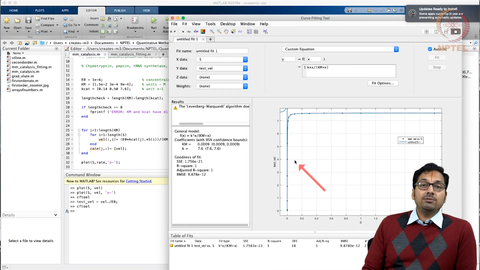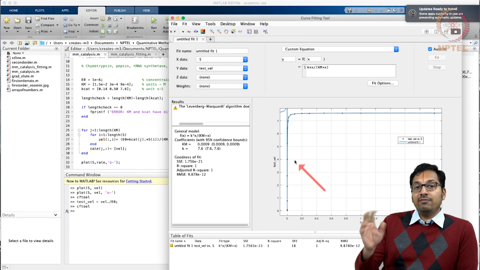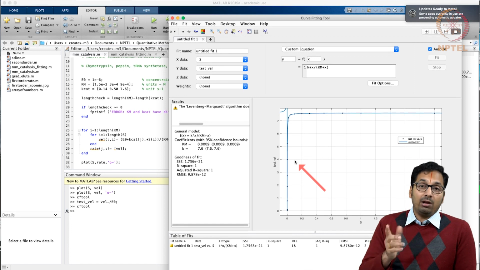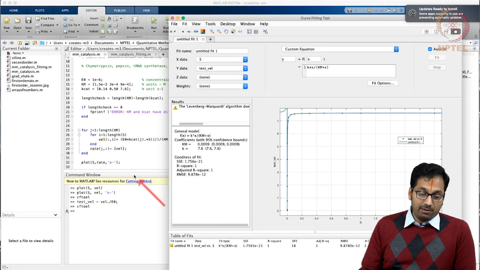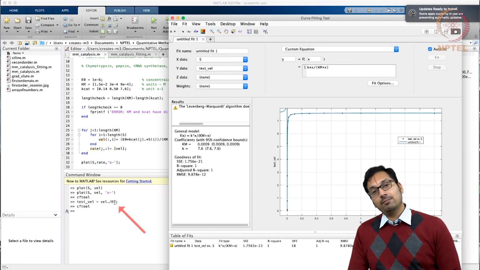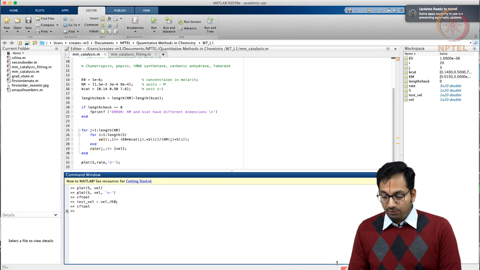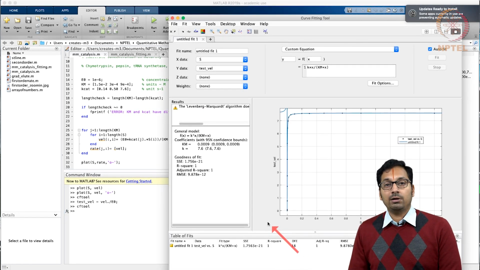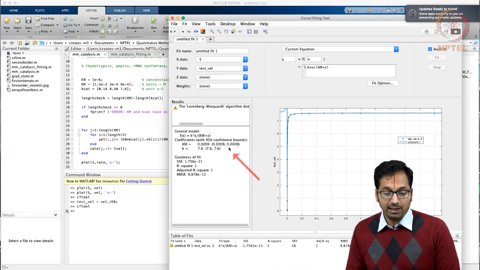So one has to be careful when you are having a fit that is a product of two different numbers that you are trying to figure out, and if one of those numbers is already known, it's a smart choice for us to actually divide the rate with that parameter. In this case, that is the enzyme concentration, right? So now that we have seen this, we will try to see how the 1 over velocity when plotted with 1 over substrate concentration might help us get this.